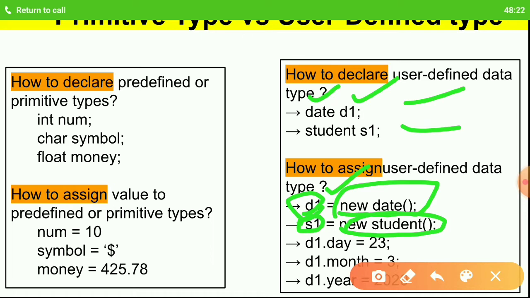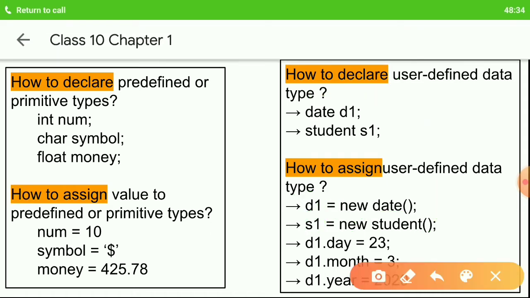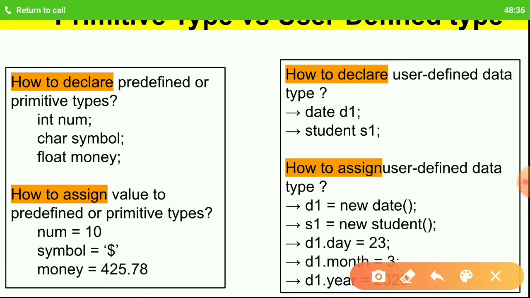Once the object is created and the reference has been assigned to D1 and S1, you can assign values to it. In the date type, let's say we have three parts: day, month and year. If you want to assign some value to the day part, you'll write d1.day = 23. That means assign the value of 23 to day of d1.